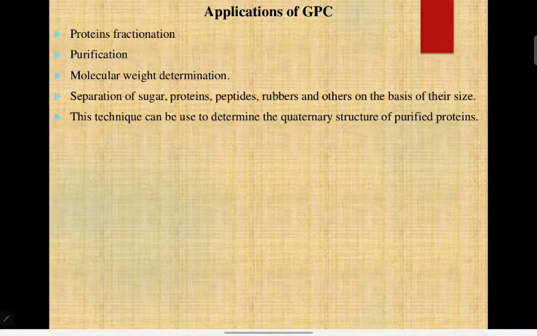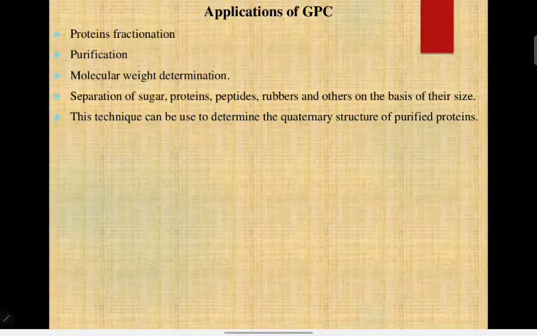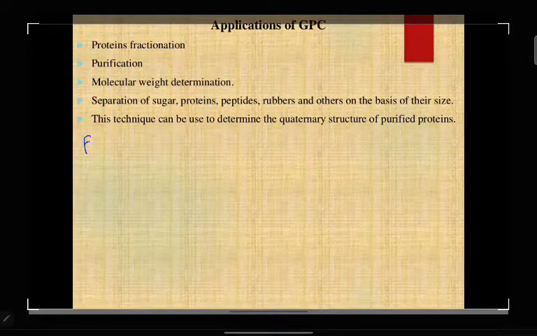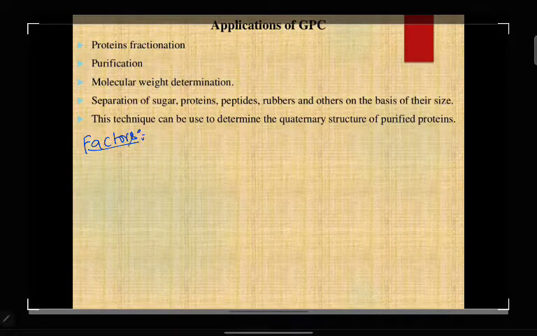Okay, applications of gel permeation chromatography. Before entering into the application part, I will explain the factors that affect gel permeation chromatography. The first factor is sample volume.